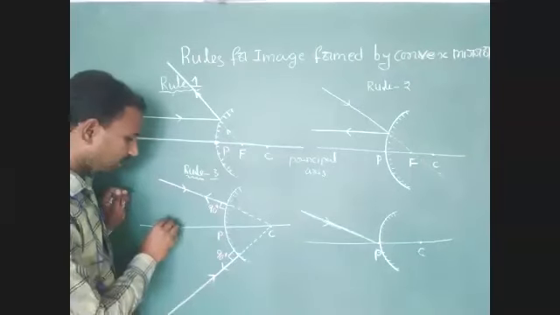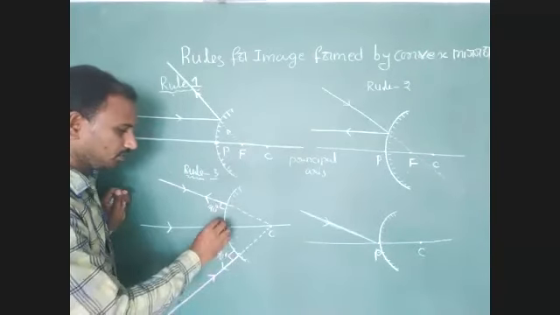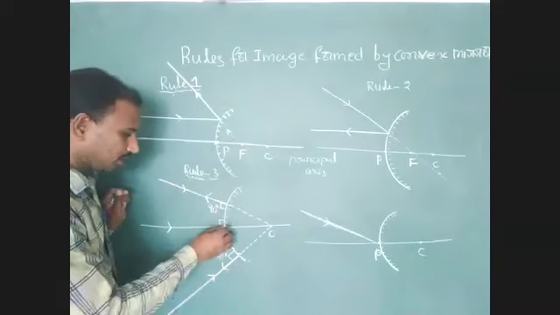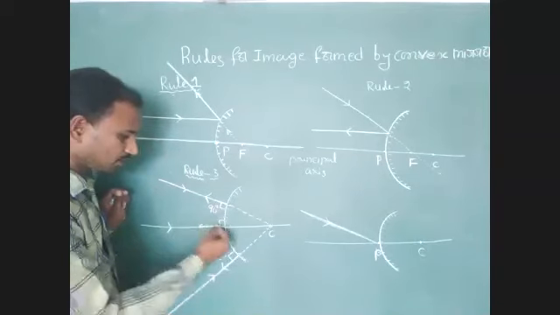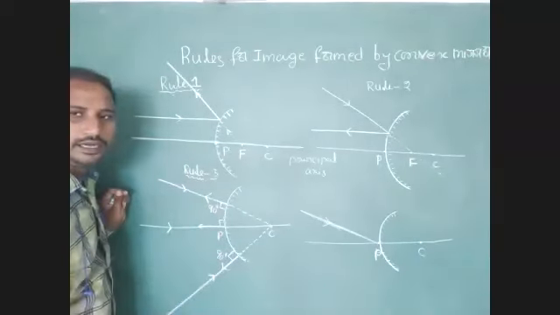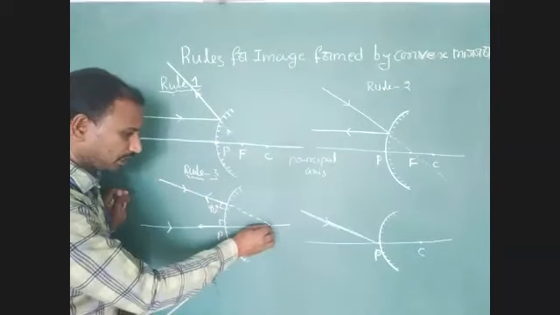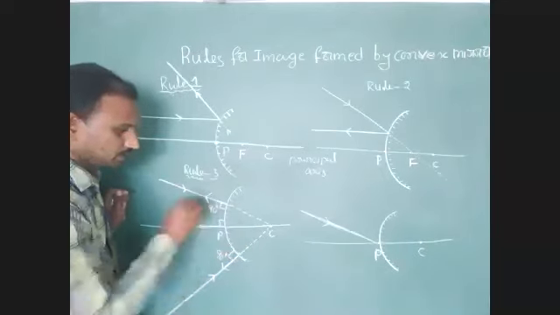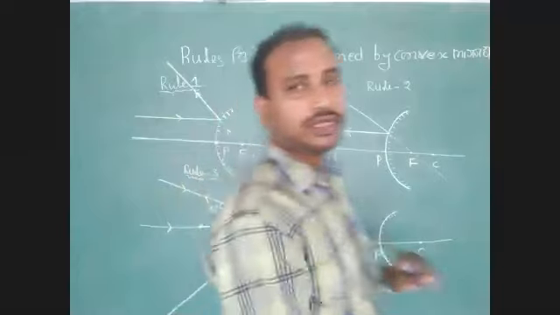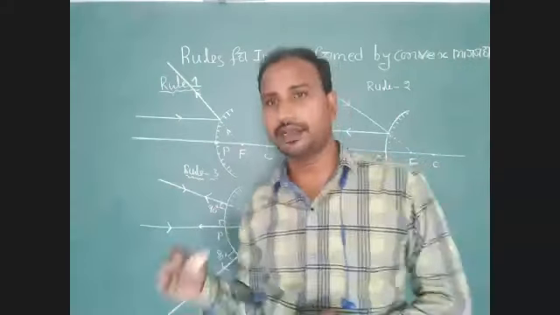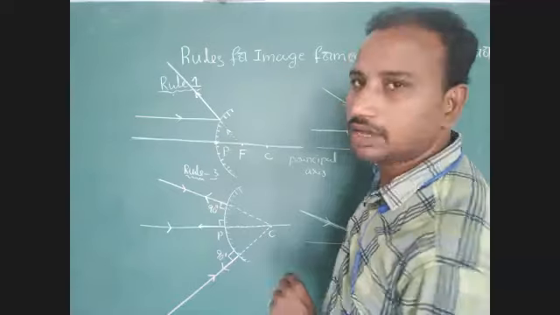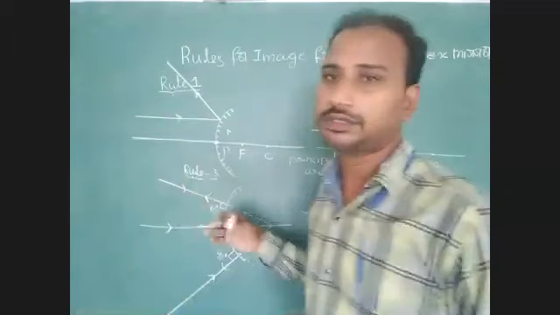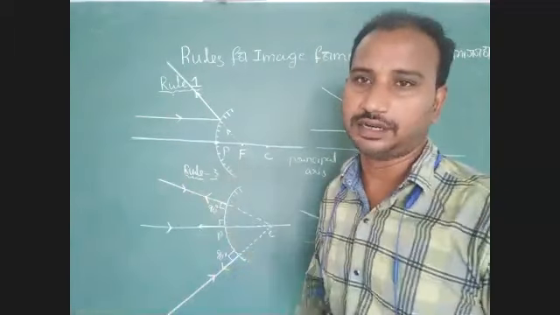So another light ray we have to identify. This light ray is perpendicular to the reflecting surface of the convex mirror. Now, what is the direction of the reflected ray? Here, the reflected ray rebounds along the same actual path as the incident ray. Understood? So this reflected ray appears to come from the center of curvature. What is that rule? If any ray of light is incident on the curved surface of a convex mirror perpendicularly, then the reflected ray rebounds into the same actual path of the incident ray.